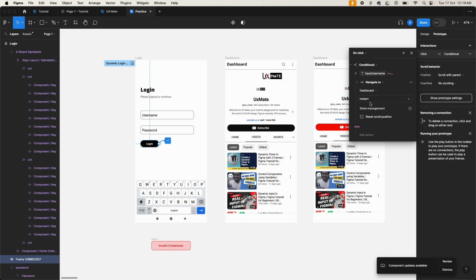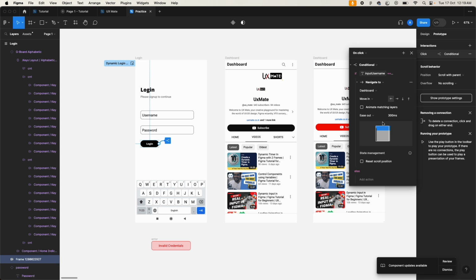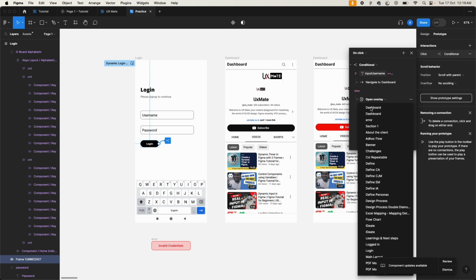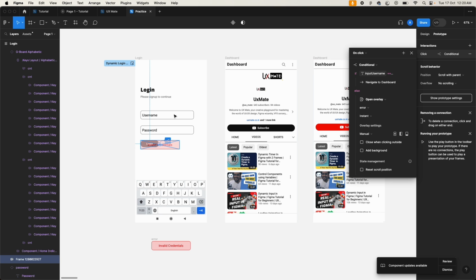If those are incorrect, you can add your animation as well, like moving from the left, right, whatever you want. It could be very fancy. So let's just create a move in for now. And if it is not matching, then it is going to go in the else block, right? So in the else block, what we are going to do, we are going to open an overlay. Which overlay would we be opening? Error message. Okay, and I'll be saying okay, manual, and I'll adjust this somewhere here, just above the keyboard,